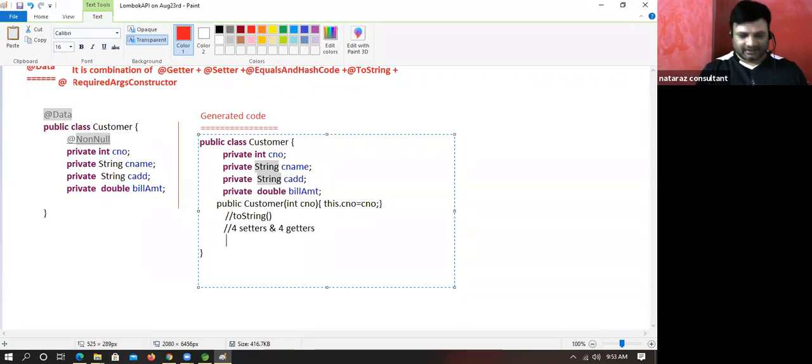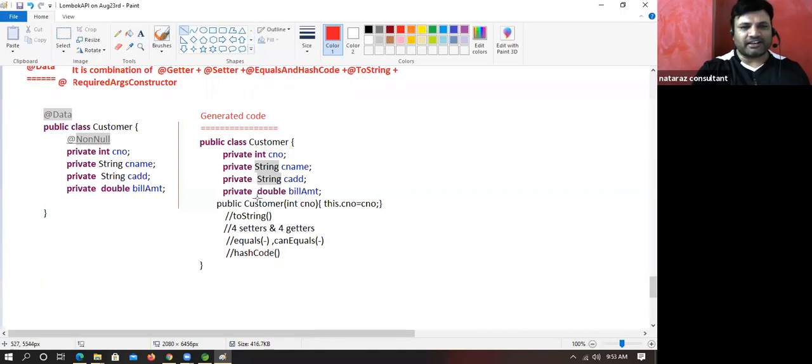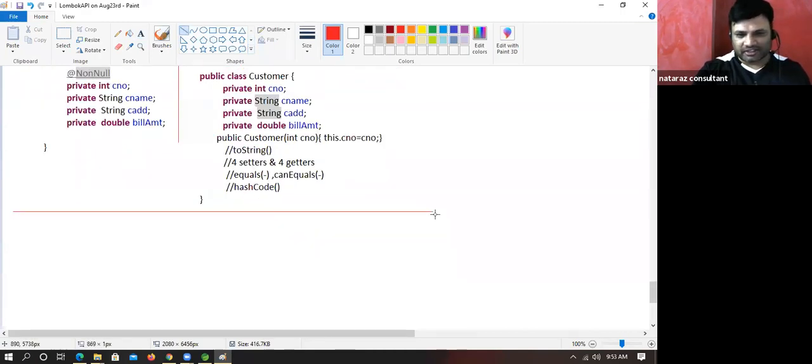Next, equals, and canEqual is the same here, but it is a protected method. It also gives hashCode. Now you are so excited. Let me ask one question.